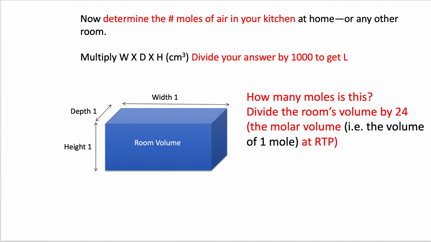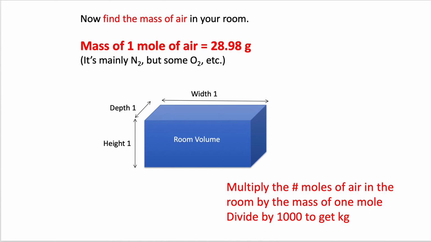So how many moles do you get when you multiply your width times height times depth and divide it by 24? That's the volume in litres of 1 mole, and it'll give you the number of moles in the room. And then you can find the mass of air in your room. So pause the video while you do this, and the mass of 1 mole of air is given as